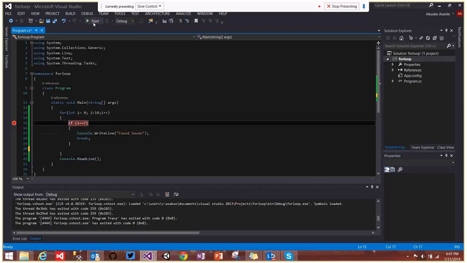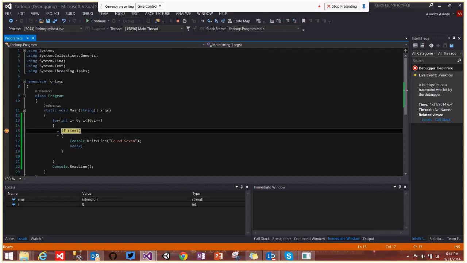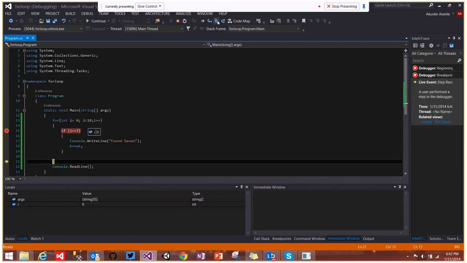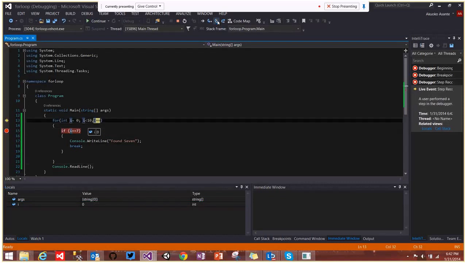and run this application again, you'd realize that at the first point, i was 0, as shown in the locals window here. If I hover here, you see that i equal to 7 evaluates to false on our first run, and i is also 0 here. So by clicking this, I can easily pin i here so I can see the value of i as I step over it. So as I'm stepping over, you see it moves here, increases the value to 1,